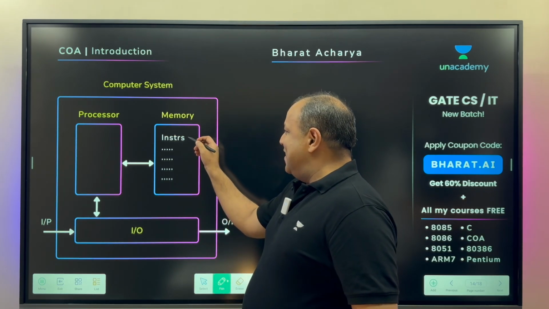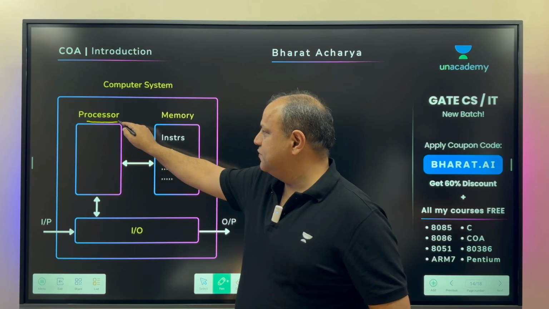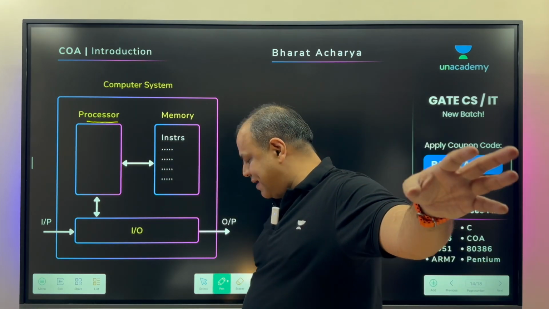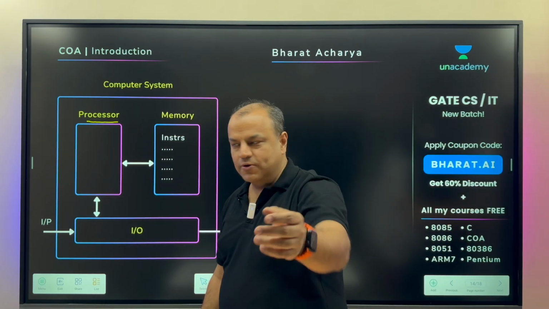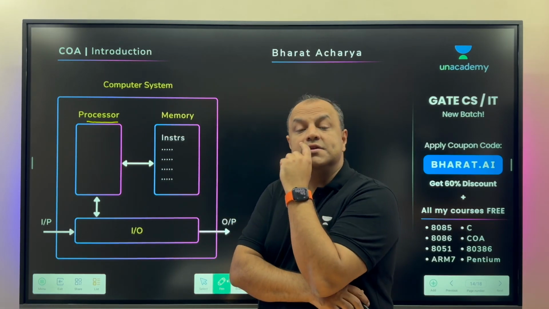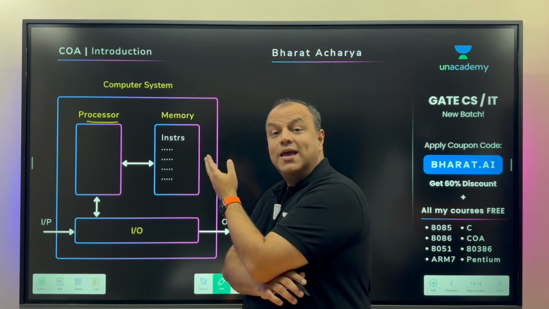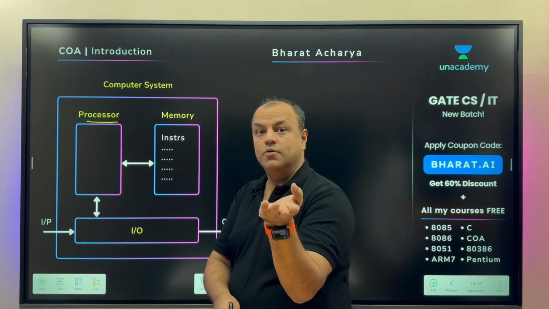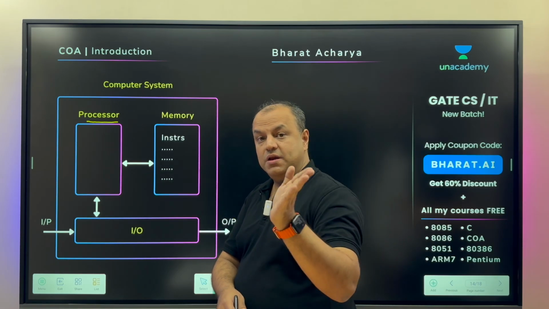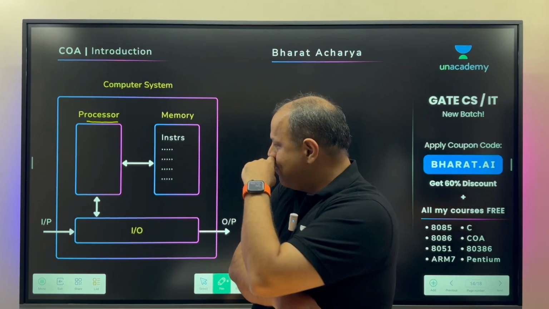Now, instruction. A program is stored in the memory. The main purpose of the processor is to run programs. Whether you're in Instagram, WhatsApp, Facebook, whatever you're in, it's a program. That program is a set of instructions. Where are the instructions stored? Secondary, primary, immaterial. Basically, they are stored in the memory. Now you know, from secondary it comes into primary, from primary into cache, from there into L1, but it's basically memory.